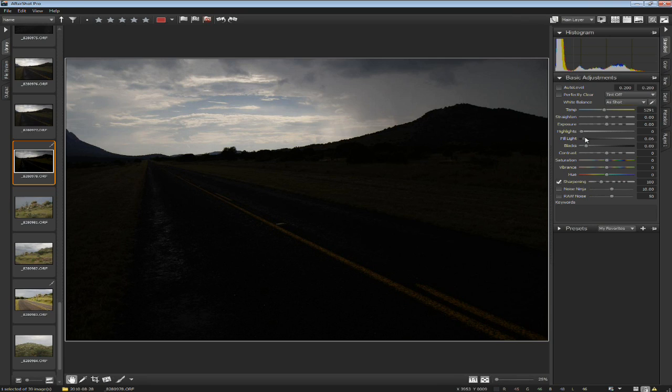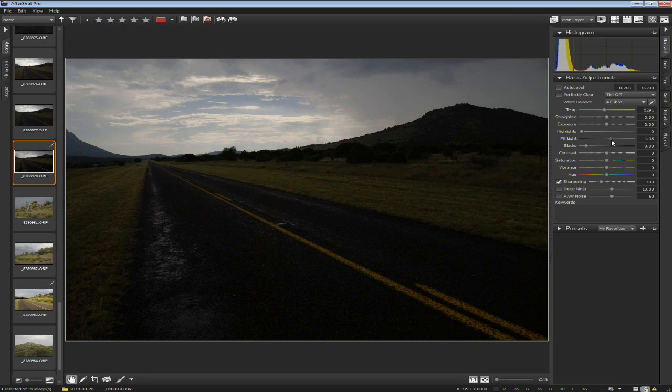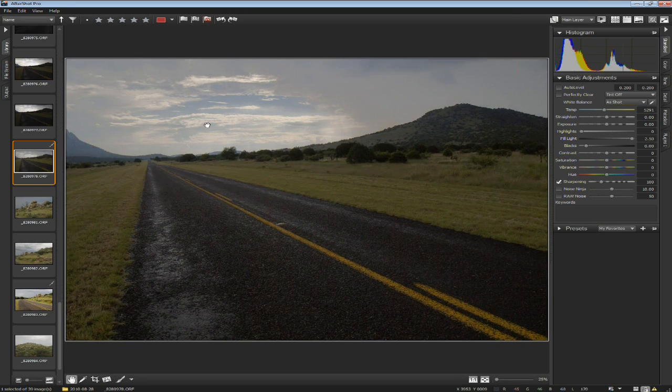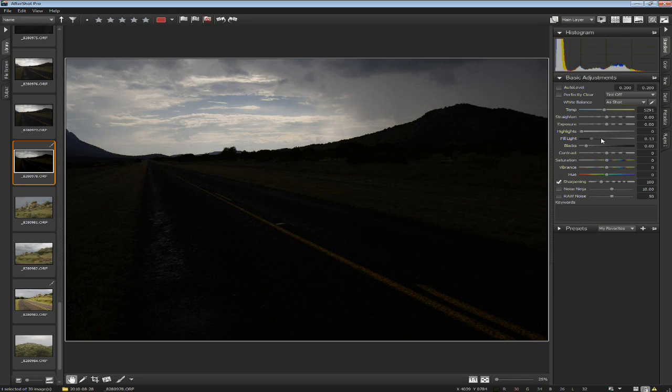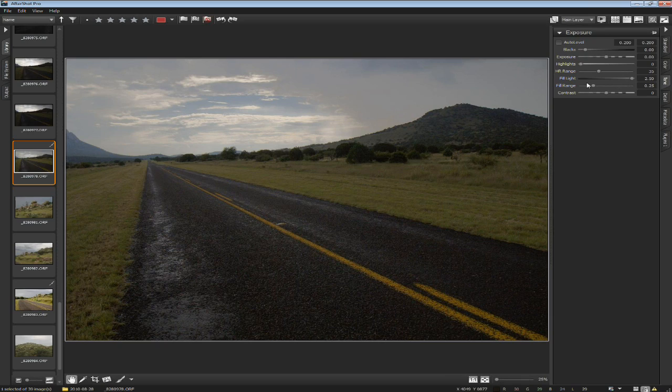What I'll do is I'll just take my fill light here and boost those shadows about like that. I'll do it all the way up. Why not? So we took an image that looked completely black and boring, brought out a huge amount of detail in these shadows while still preserving the highlights, which looks great. But what I can do is switch over to the Tone tab and start adjusting the fill